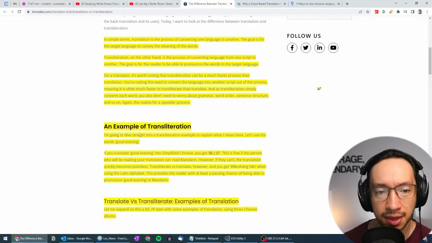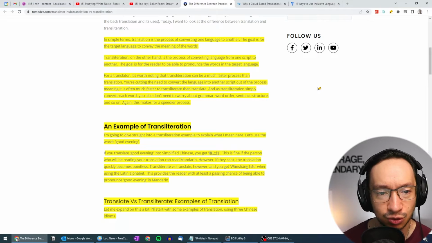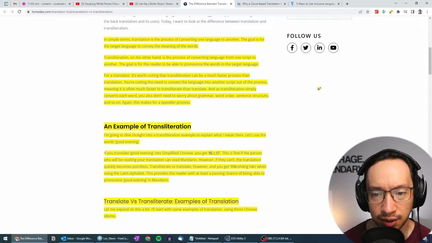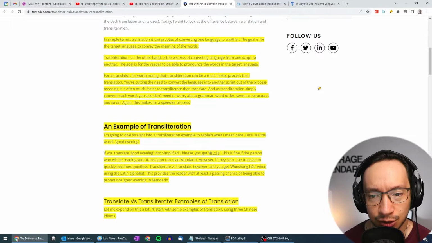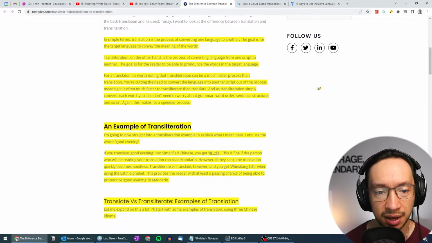For a translator, it's worth noting that transliteration can be a much faster process than translation. You're cutting the need to convert the language into another script out of the process, meaning it is often much faster to transliterate than translate. And as transliteration simply converts each word, you also don't need to worry about grammar, word order, sentence structure, and so on. Again, this makes for a speedier process.